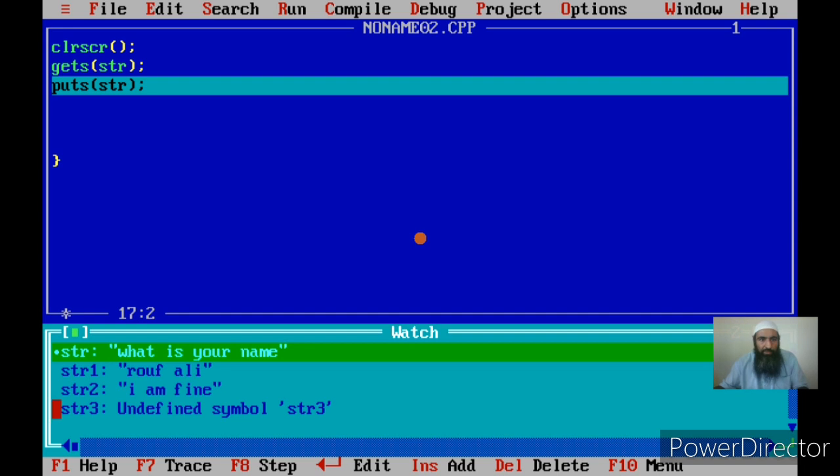Now see, what I have typed on the keyboard when I used gets is stored in the string str, and if you want to display the same string on the user screen, you have to use puts.